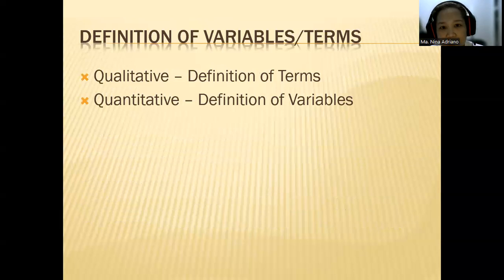Okay, remember that there are two major approaches to research. You have the qualitative and the quantitative. When we say qualitative, the responses are in narrative, in words. When it's quantitative, the responses are numbers. When they are numbers, we use statistical tests. Qualitative, we do not use statistics. Only the quantitative uses statistics. Okay, I hope that's clear.